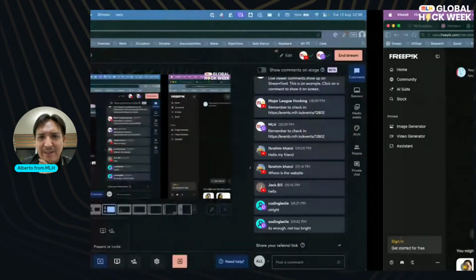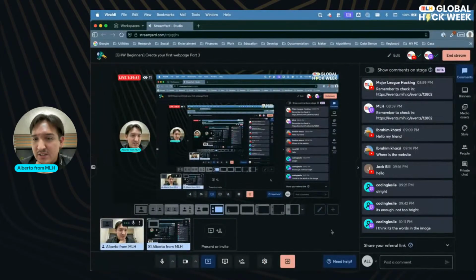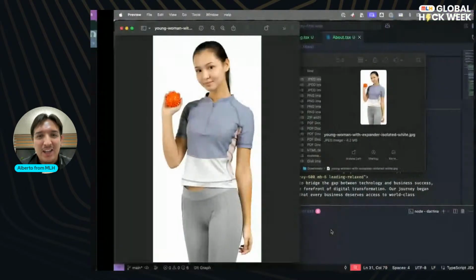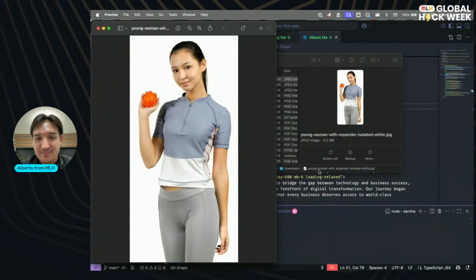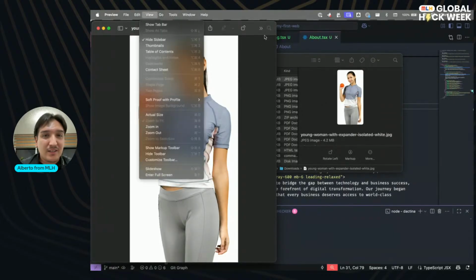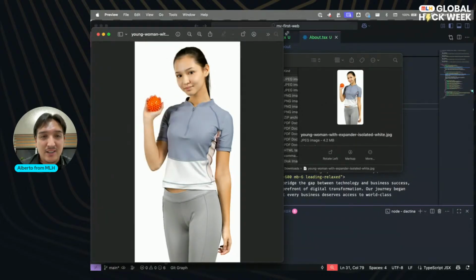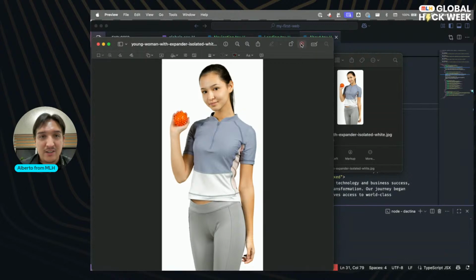Also, let me see if I have any comments. I think it's the word in the image. What do you mean with that? Sorry, I missed the comment before. Edit. Why can't I edit this? Okay, here.